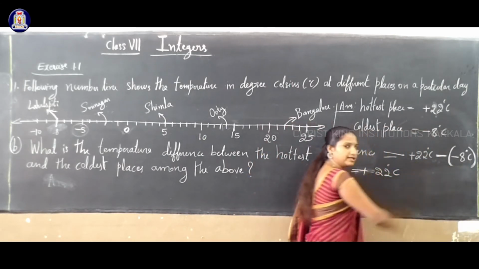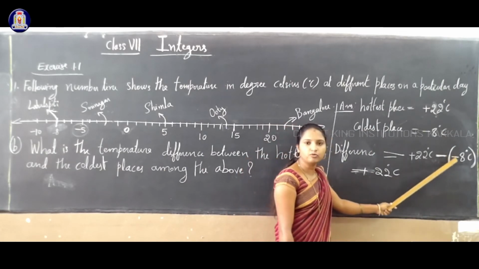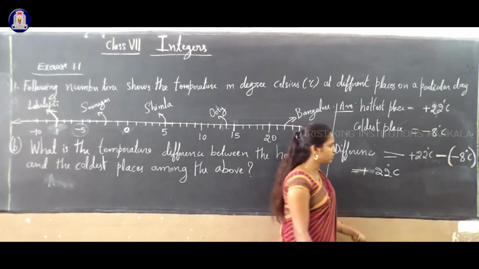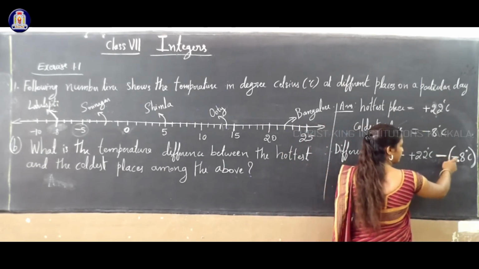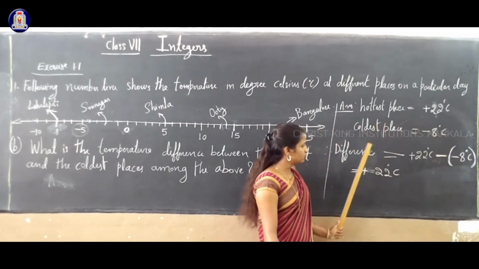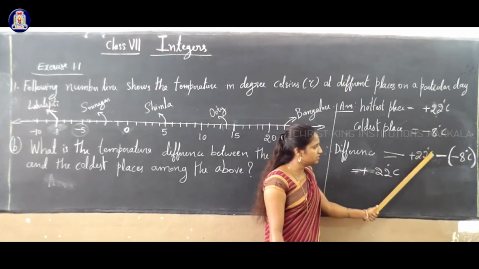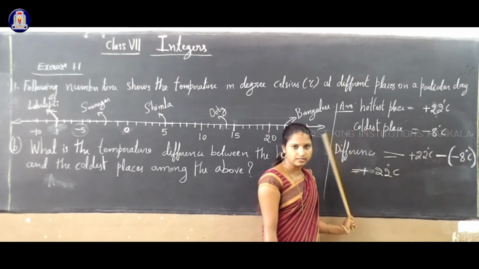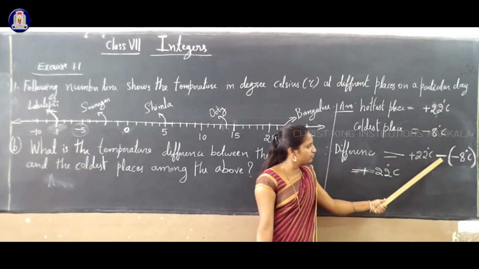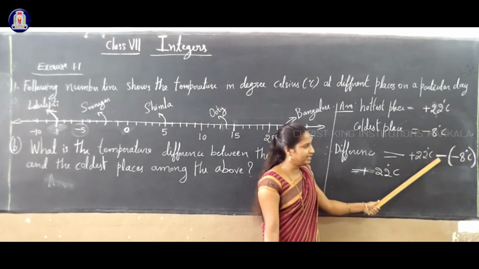So this number plus 22 degrees Celsius, as it is. Why do you have to multiply? To remove this bracket, you have to multiply the sign. Clear? So how do we remove this bracket? Multiply minus into minus. This minus is the same, because the question asks to find the difference, right? So you have to write here 22 degrees Celsius minus. Here they asked for the difference, so write minus. If they asked to find the sum, then you would write plus here. So 22 degrees Celsius minus.